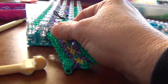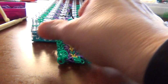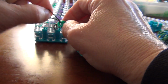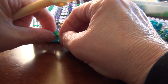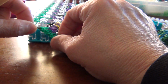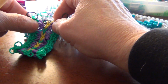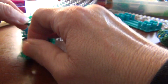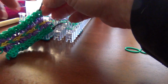Once it's on, you can remove this black rubber band, but let's get all of them on first before we do that, because if it pops off, then it'll fall apart. This one has to go on this peg, and this purple band just stays there. Okay, so we're going to reach in here where the black band is,